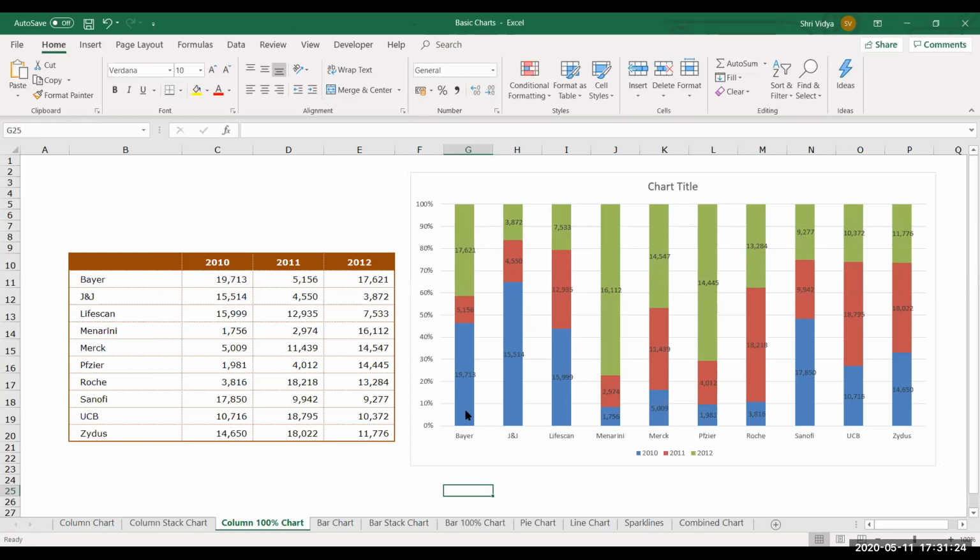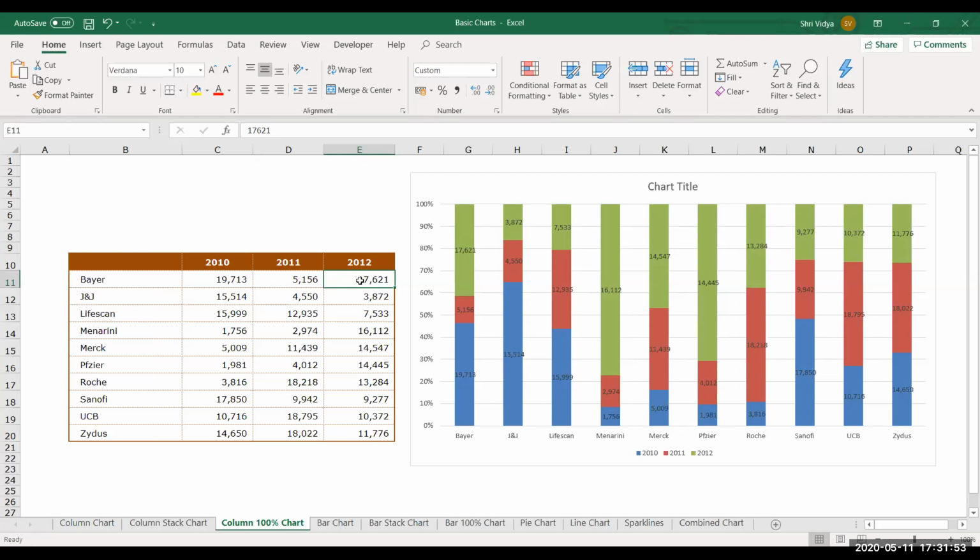Okay, but otherwise, only to look at it in the form of a representation, it will definitely signify this split pie. It's going to tell for each company what is the sales contribution provided by each year's sales. So that's when you can use it. See, all these three, whatever you saw now, column, stacked column, 100% stacked column, the same thing applies to bar chart also. Only thing is it will show you the same chart in a horizontal manner.